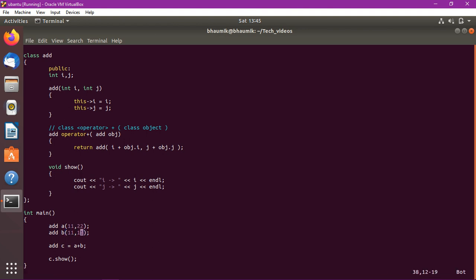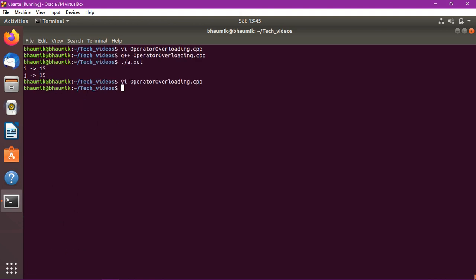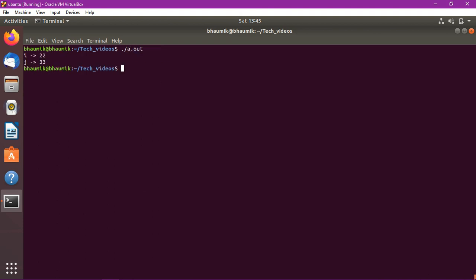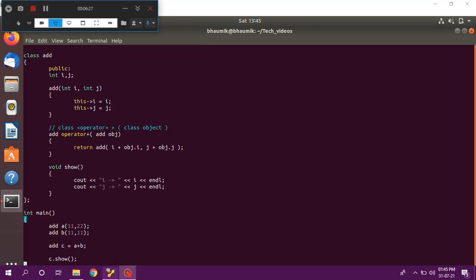So the resultant values will be 22 and 33. Yeah, so this is how operator overloading works. Okay, thank you.